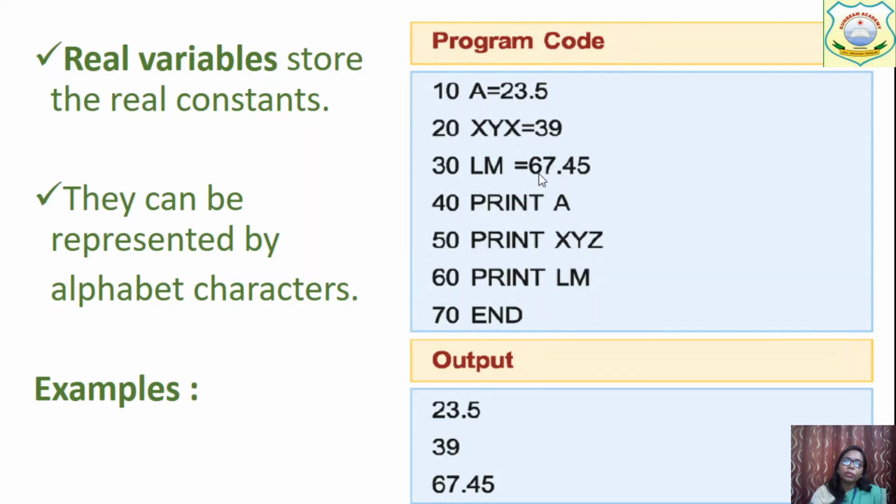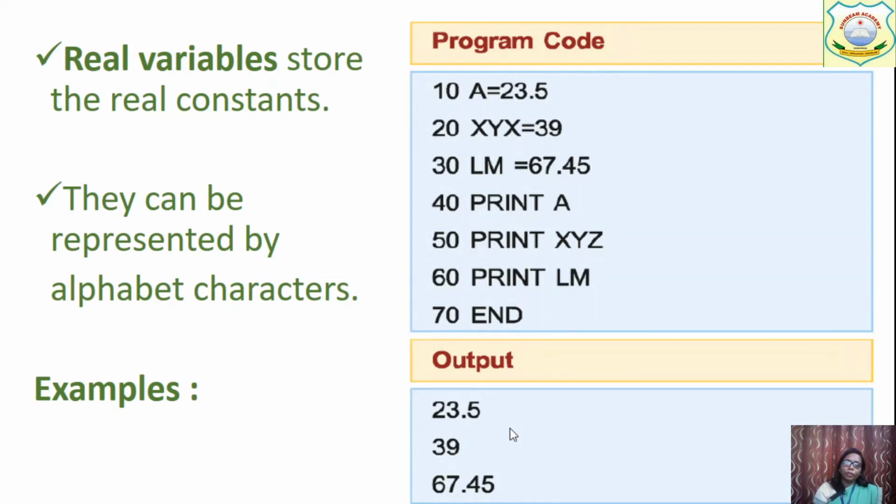Now LM equal to 67.45. This is a real constant. So when we print A, it will give you the value in it, that is 23.5. When we print XYZ, it will print the value in it, and when we print LM, it will print 67.45, the value in it.